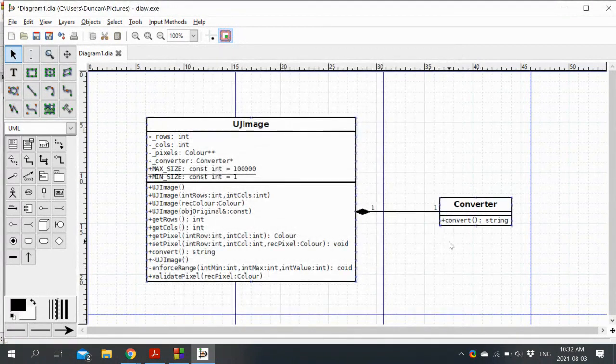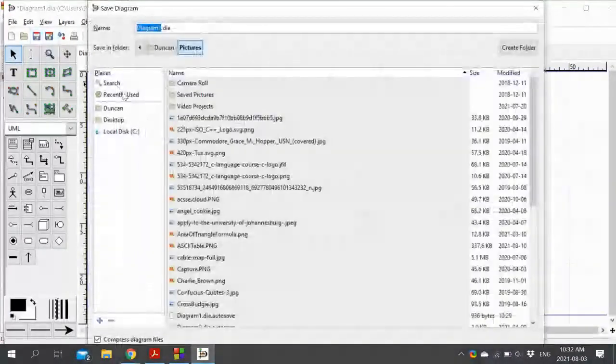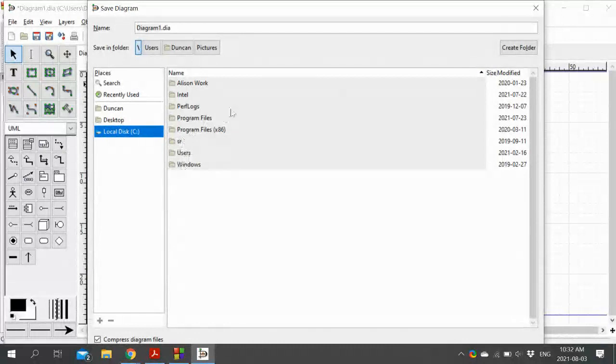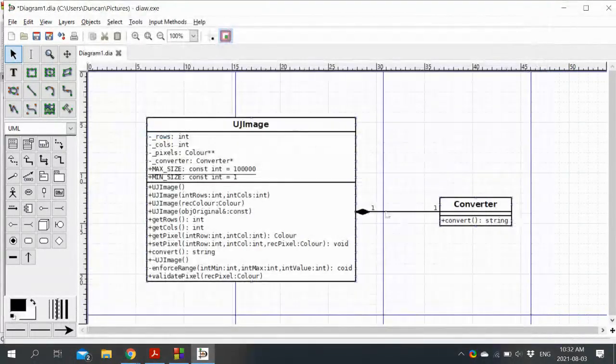And now that's what we've got. So there's our converter, there's our has-a relationship, and the convert function here will actually be realized by the convert function in the converter. Oh, well, you can see it here. There is our converter function and a convert function which will be delegated to the converter.